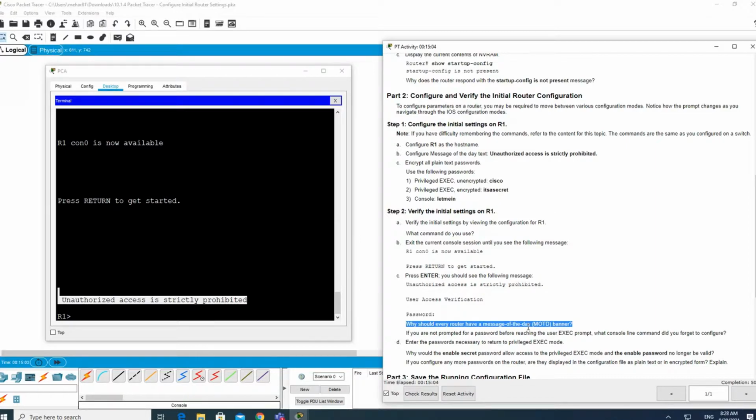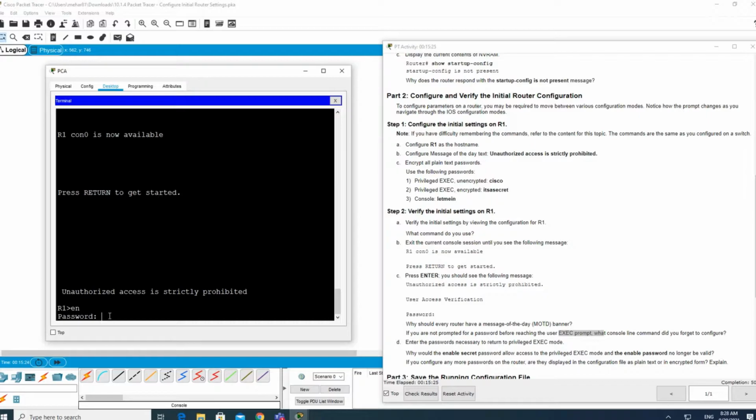If you are not prompted for a password before reaching a user exec prompt, what console line command did you forget to configure? If you are not prompted here, enable password is like, because here we have a password.